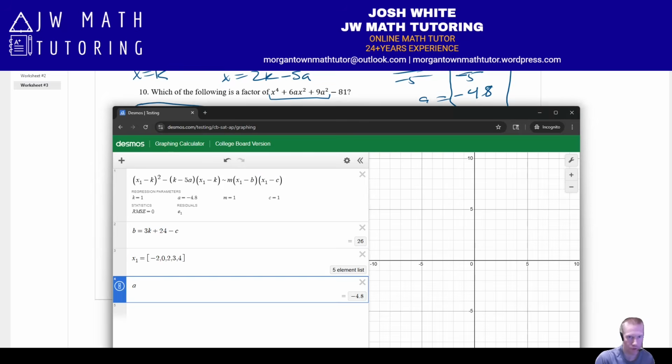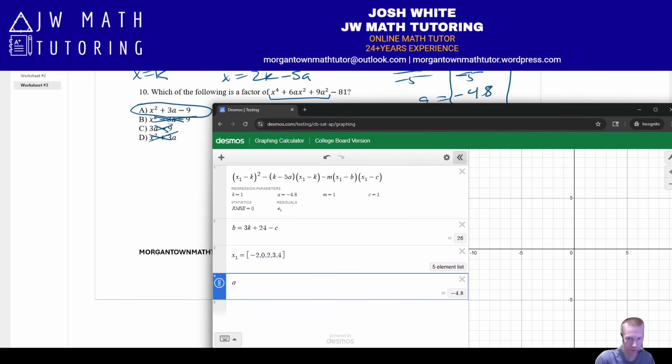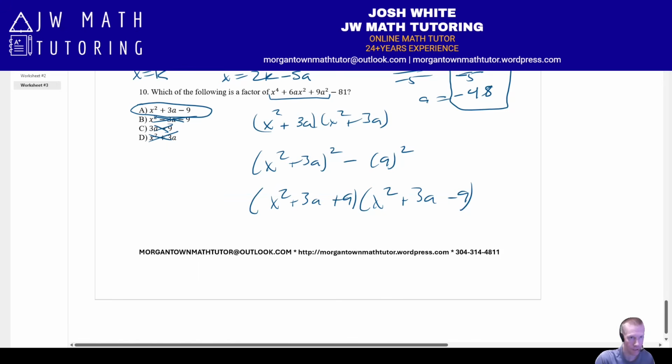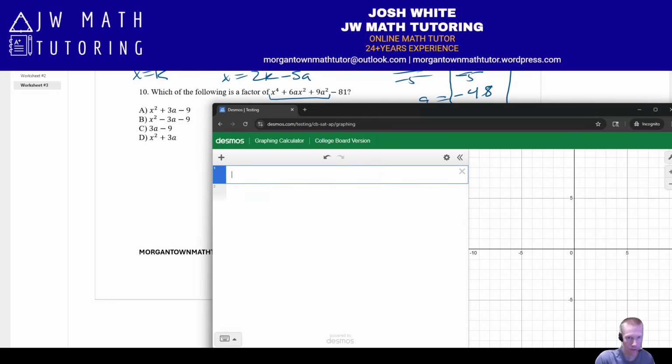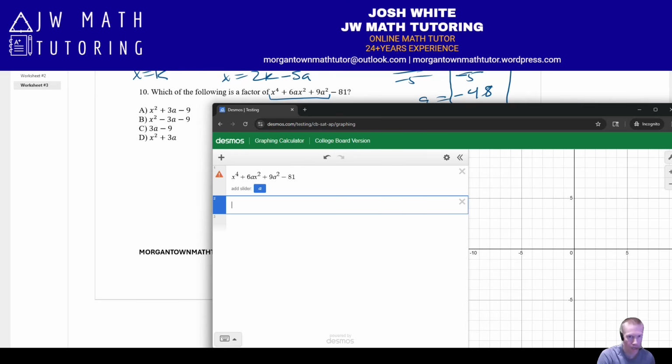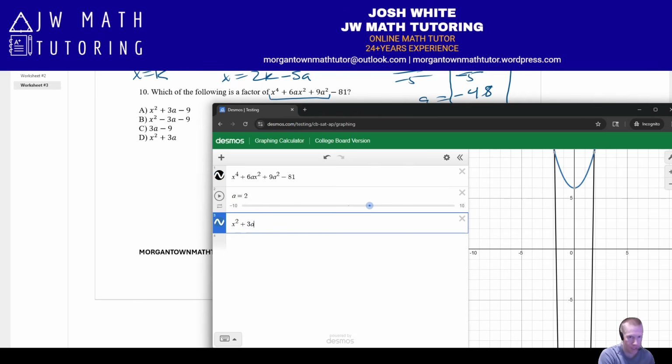All right, one alternate approach you could take to do this in Desmos is, let me just erase these temporarily so we can see all of them clearly. You can type the original expression plus 9a squared. Okay. Now you have to add a value for a. I just chose to add 2. Then what you would do is type each of the answer choices,